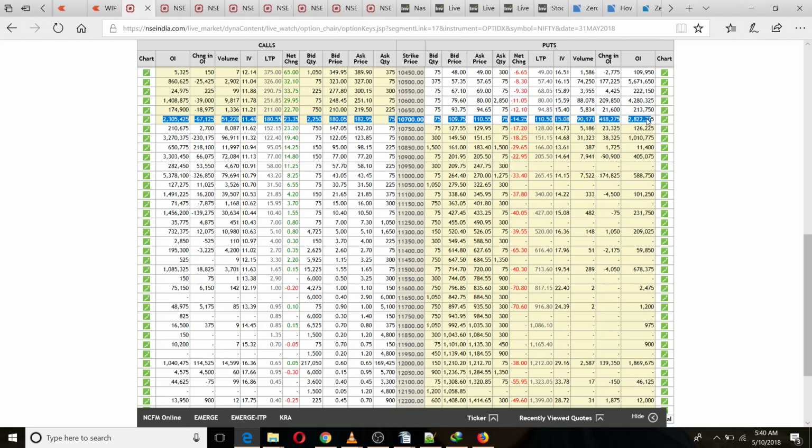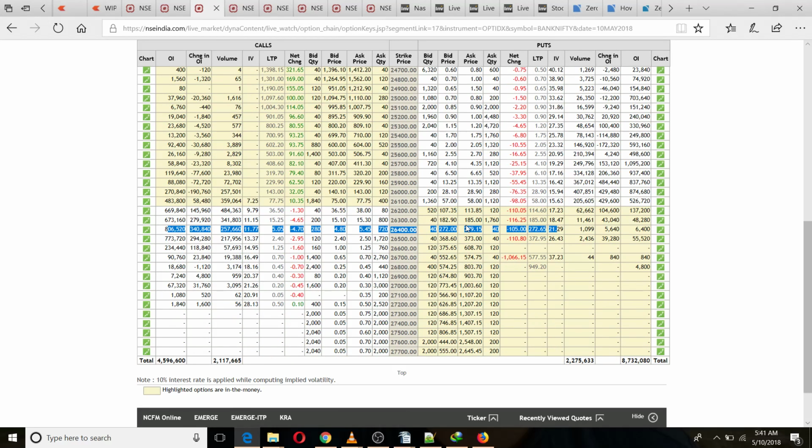We have seen that the call writers are fleeing away, they are squaring off their open contracts, and constantly we see additions happening on the put side. Now this says that there is no weakness in the market as of now. Chart-wise I have been looking for weakness, but options data and price momentum are not showing any weakness. So what I'm doing is a momentum ride. Yesterday also I went long, and I booked some profit.